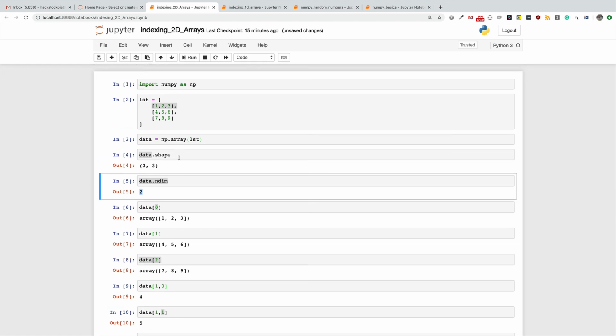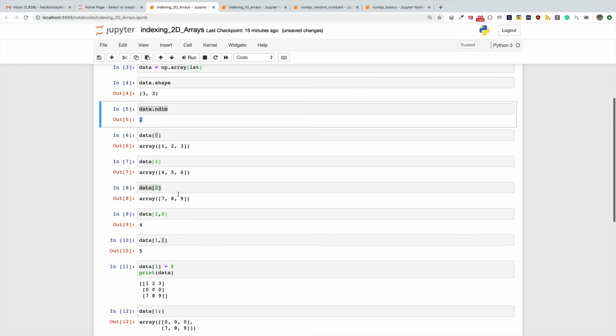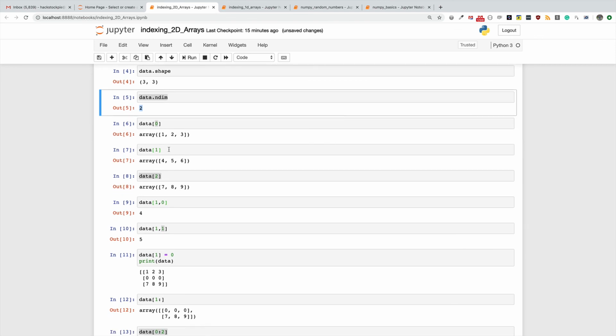And always remember that as long as it's a 2D array, the first axis of your array is the rows, and the second axis of your array is the columns. So when you are indexing into it, the first index or range of indices that you provide is going to be applied along the row axis, and then when you bring a comma, you specify how you want to index along the column axis. The skills that you have learned here apply to 3D arrays and